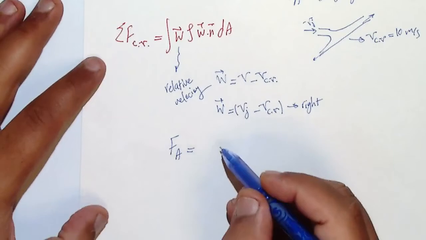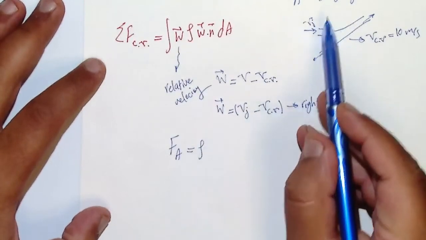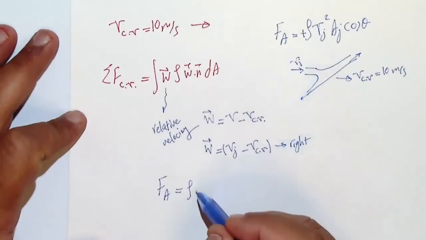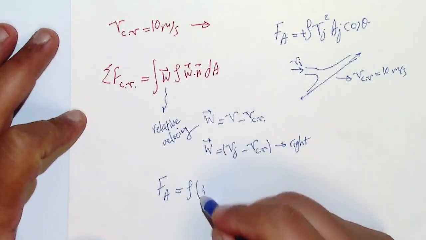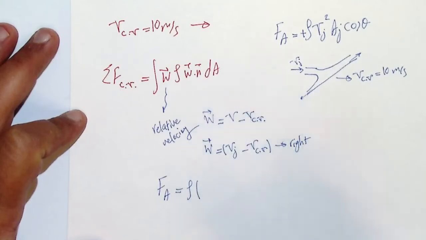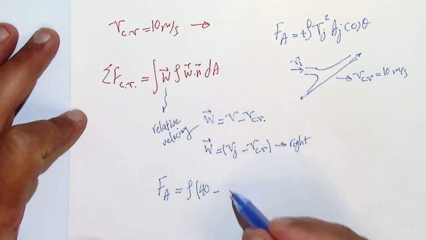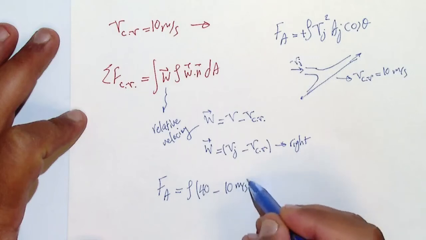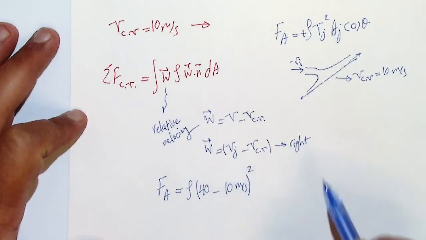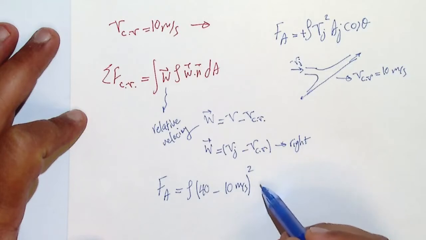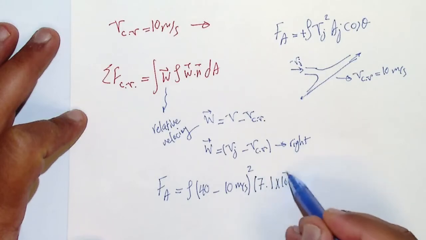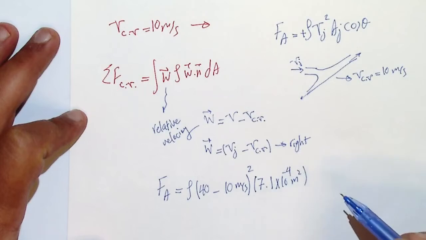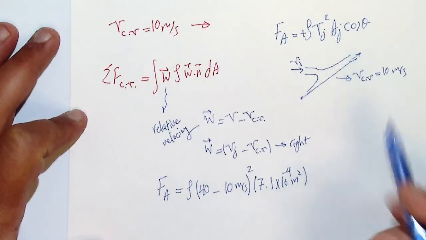Fa would be rho, the same equation that you have here, but instead of Vj you have to write 30 meter per second, because it's going to be 40 meter per second of Vj minus 10 meter per second of your V control volume, to the power of 2, times Aj, and it is 7.1 times 10 to the power of minus 4 meters squared, and also you have a cosine of theta, which is half,